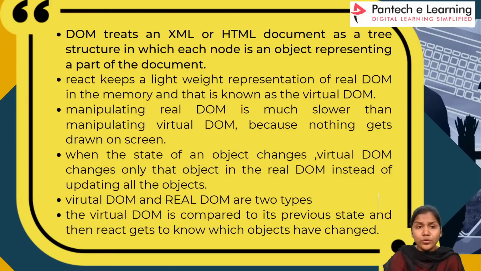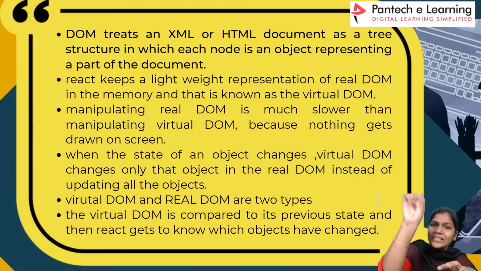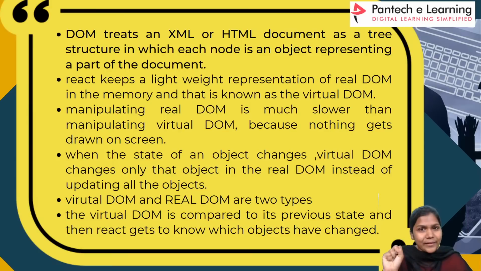So the DOM will treat the XML or any HTML file, suppose you consider Notepad, whatever documents we are writing, it will take the complete document into a tree-like structure. First, it will consider the heading. Next, it will consider the paragraphs, like that. It will take each and every block or every part of the code or every part of a web page